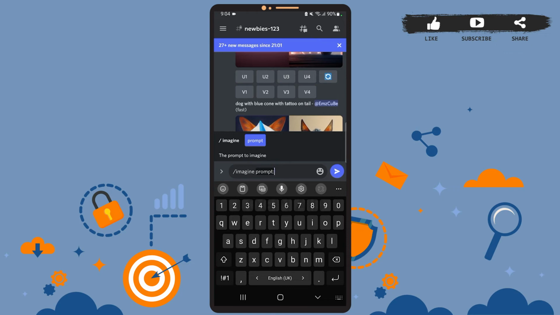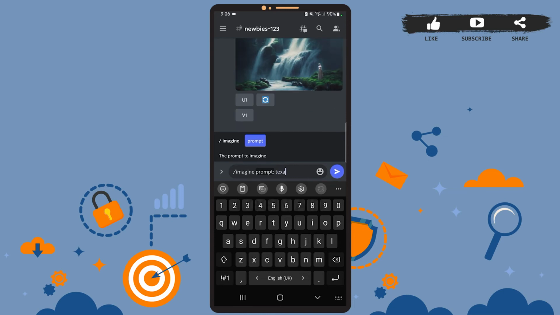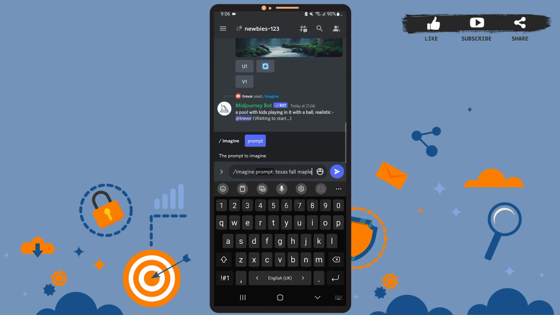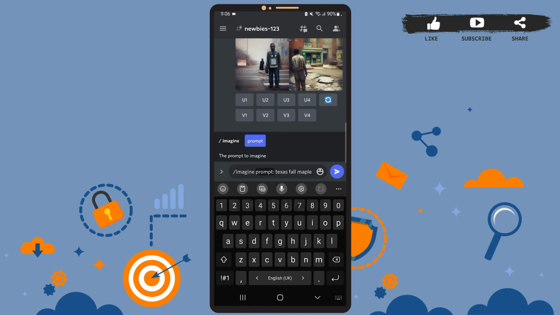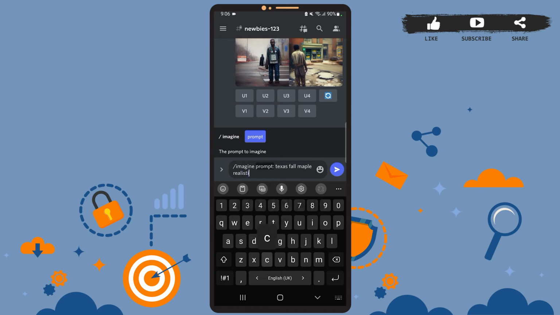Now all you have to do is enter the keywords with which you want to generate the AI images. I'll just write something like fall, maple and so on. You might have noticed one thing in the video, that is you must leave spaces between these keywords. Let me add one more keyword, and after you're done typing the keywords, all you have to do is send